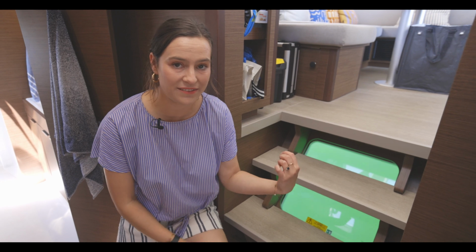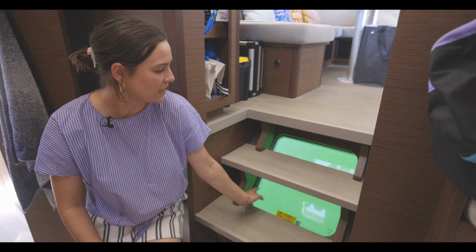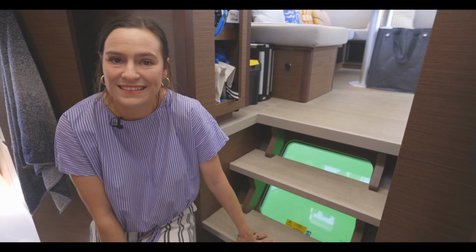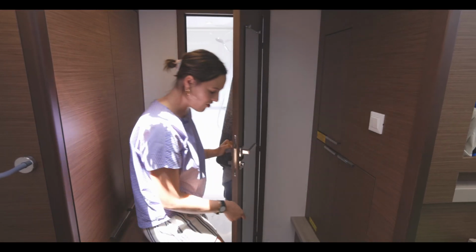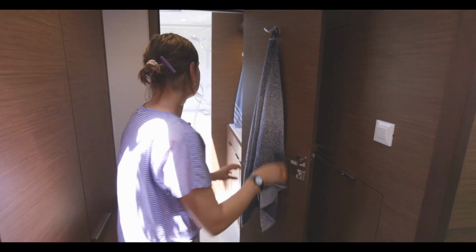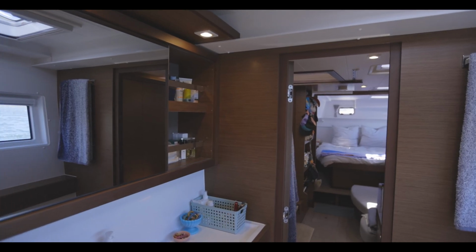This is actually one of my other favorite features. This hatch, that's also the escape hatch, doubles up as a window into the underside of the boat, so you can see the fish under the water and all kinds of exciting things. Full-length mirror, which is great. All the doors are on magnets so that they don't swing closed or slap you in the face when we're sailing. In the bathroom we have a shower, basin, lots of storage below here,